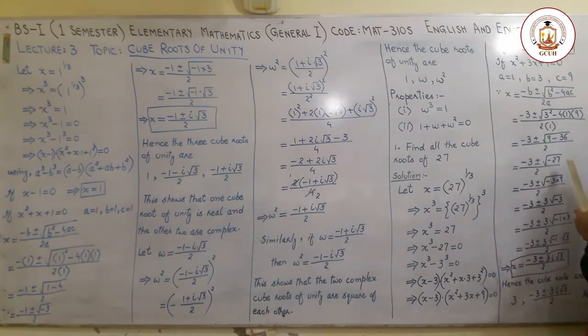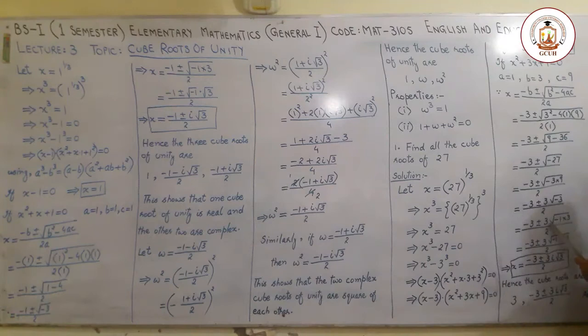So simplifying, square root of 3 square is 9, 4 into 1 into 9 is 36, 9 minus 36 is minus 27. This 27 can be written as a product of 3 into 9. So in the next step we distribute this square root to both these products. So square root of 9 is equal to 3 and square root of minus 3 is written as it is, which can be written as a product of 1 into 3 in the next step.